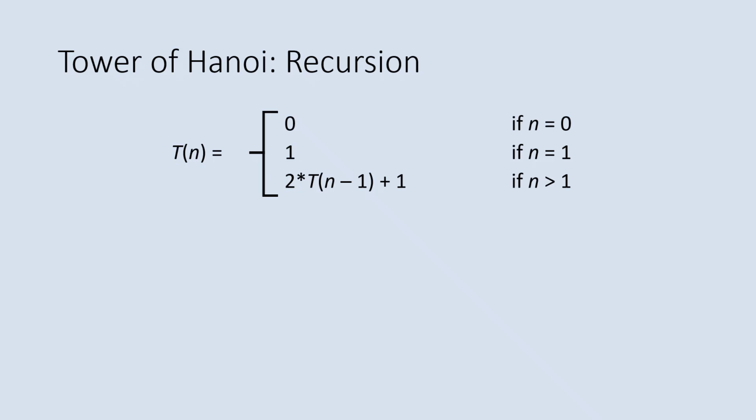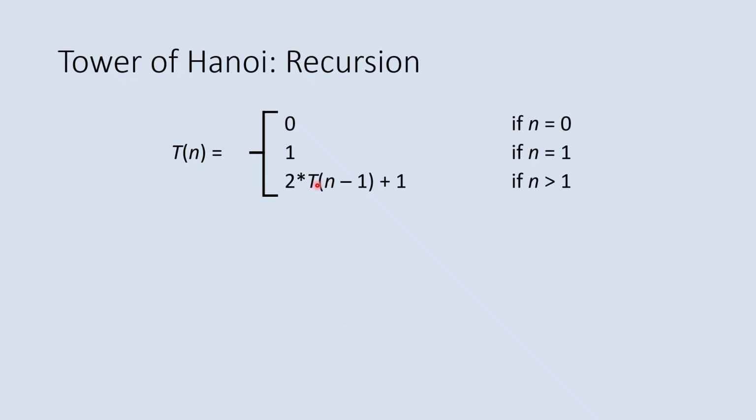So in terms of what happened in that process, if there were no disks, it takes no steps. So T of n is the number of steps it takes to solve the Tower of Hanoi when there are n disks. If there are no disks, it takes 0 steps. If there's just one disk, you just move it over. But if there are more disks, then what happens